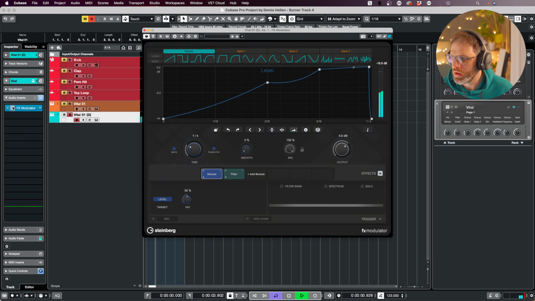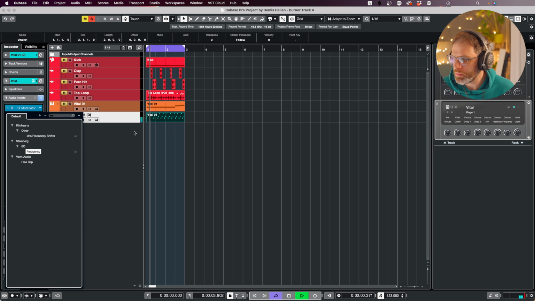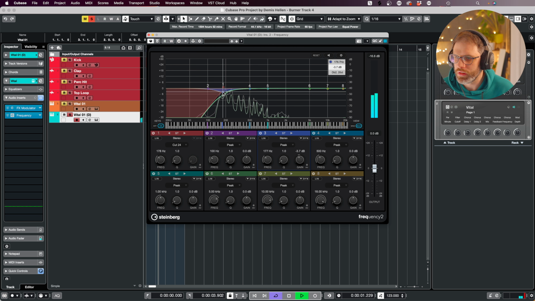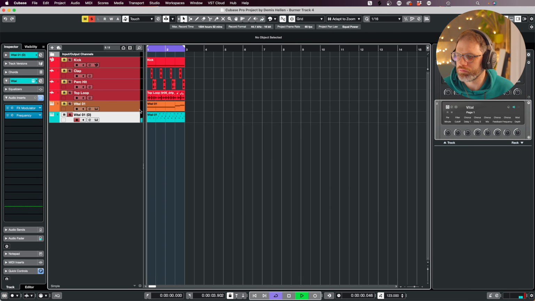We just want it to be a bit more transparent, but it's still getting a little bit of side chain on there. And then a bit of EQ again. I'm just going to do some roll off. And you can see just the way I'm thinking here. Just trying to boost the natural areas of the sound. As long as the sound design's good and it fits with what you're choosing, then everything is good. So this one,